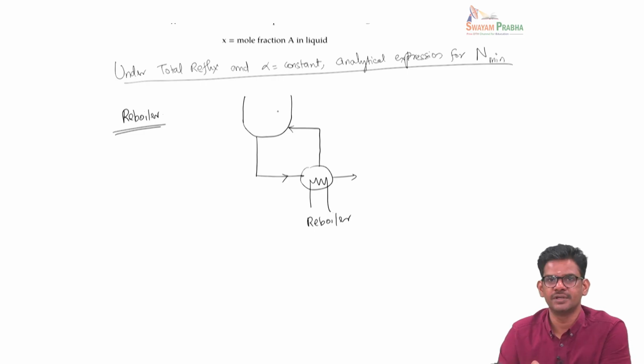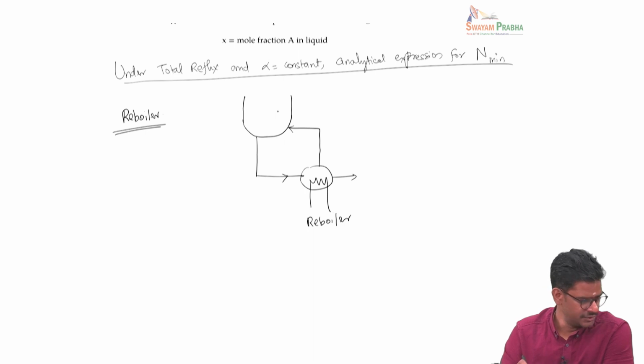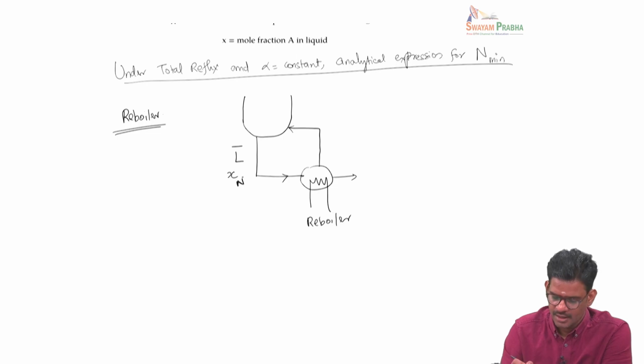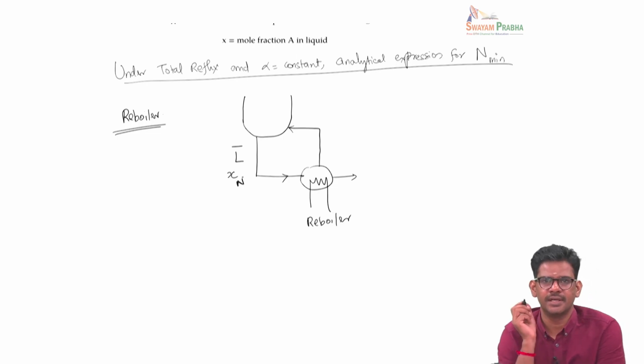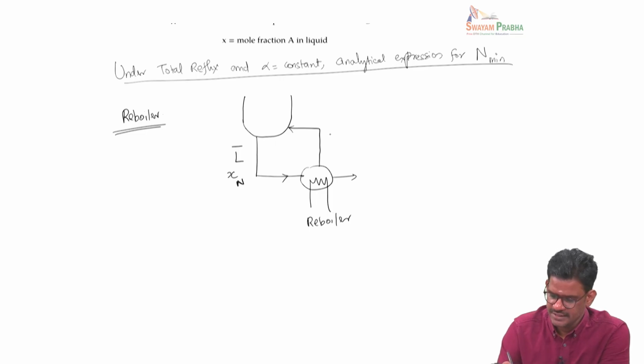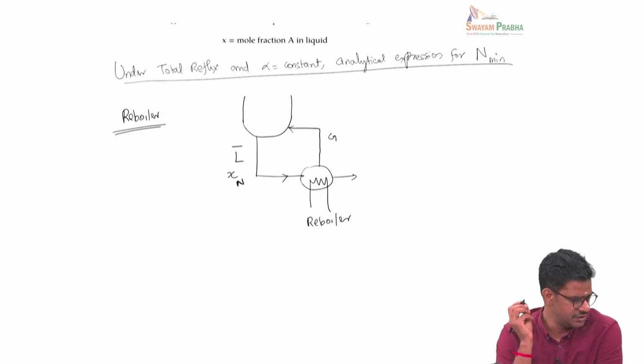This is the bottom of the distillation column, and so here the liquid flow rate coming down from the column is L bar, and it has a liquid composition of Xn, and then this entire liquid L bar is vaporized in the reboiler, because the reboiler is also operating under total reflux conditions. So this gas flow rate we say is G